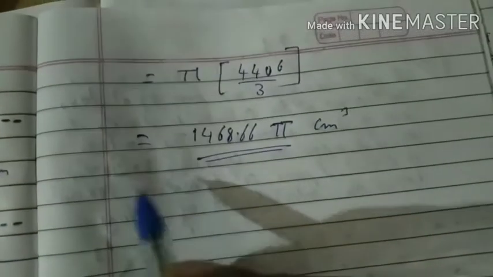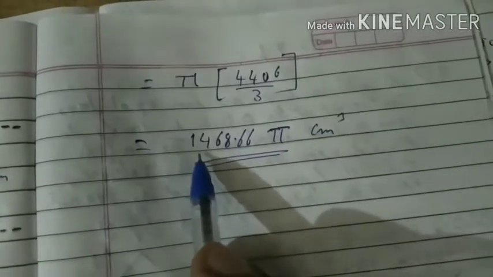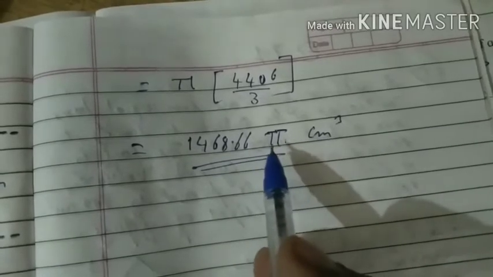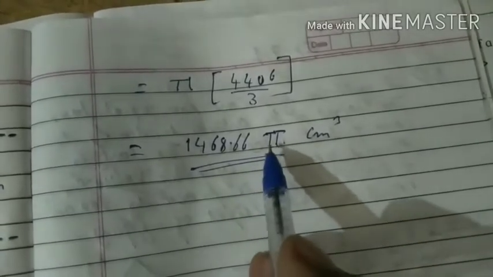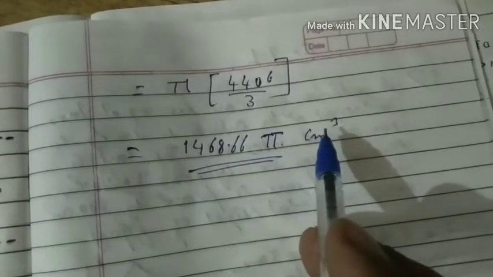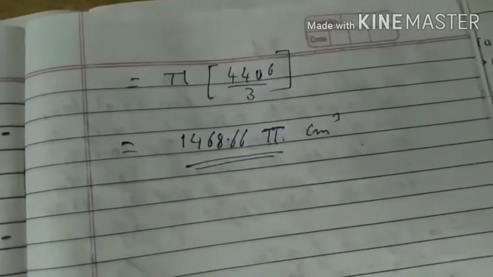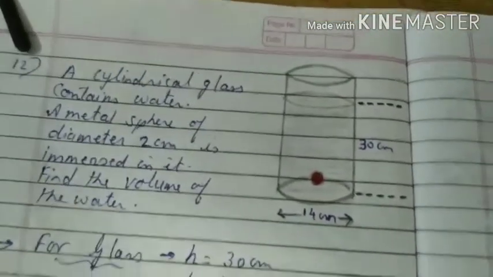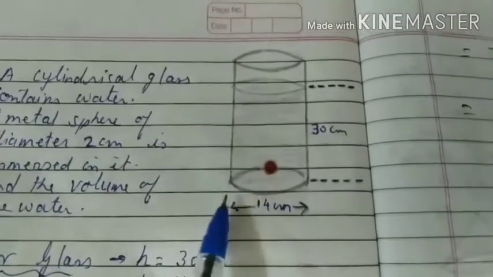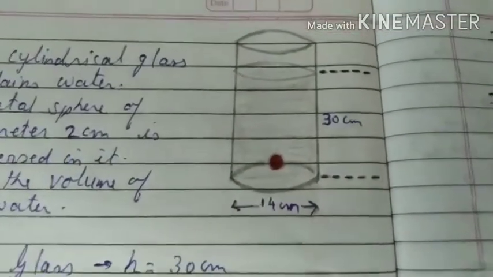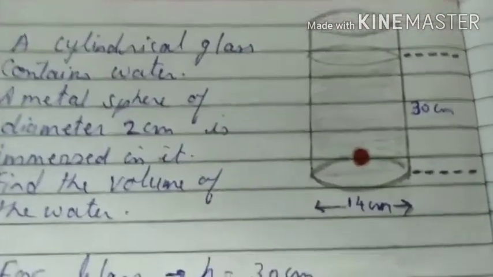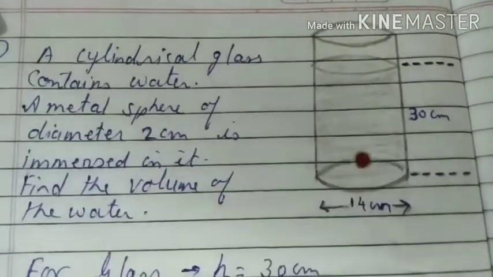Cubic centimeter. Now if you see in the textbook, the answer is till here. So now if you want further, you can substitute the value of pi as 3.14 and you can get the further answer. Now some students have made a correction and they are taking this sum as water is filled up to the brim and they are solving it. That is also right, but if we solve as per the textbook, the water is not filled up to the brim.